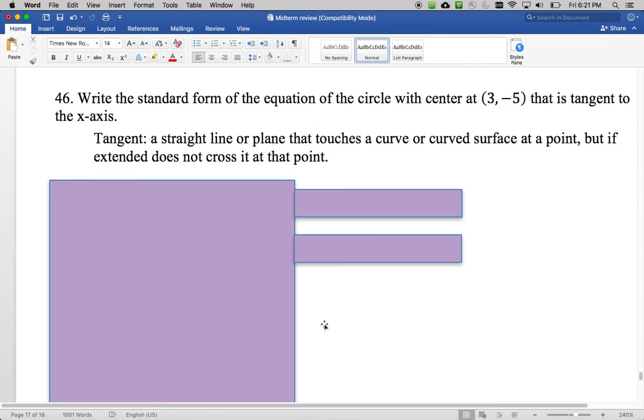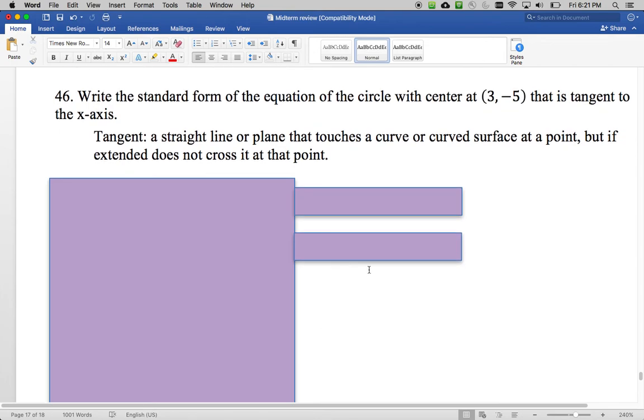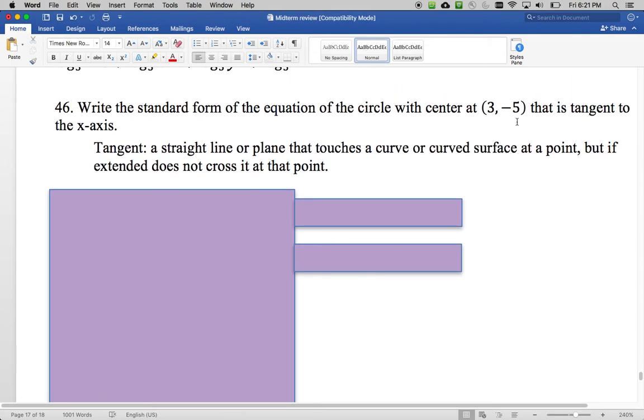All right, 46, write the standard form of the equation of a circle with the center at 3 and -5 that is tangent to the x-axis. Oh, shoot. I totally made it tangent to the y-axis. All right, totally going to have to change my formula, but hopefully you'll be able to figure out what it is. All right, so first of all,